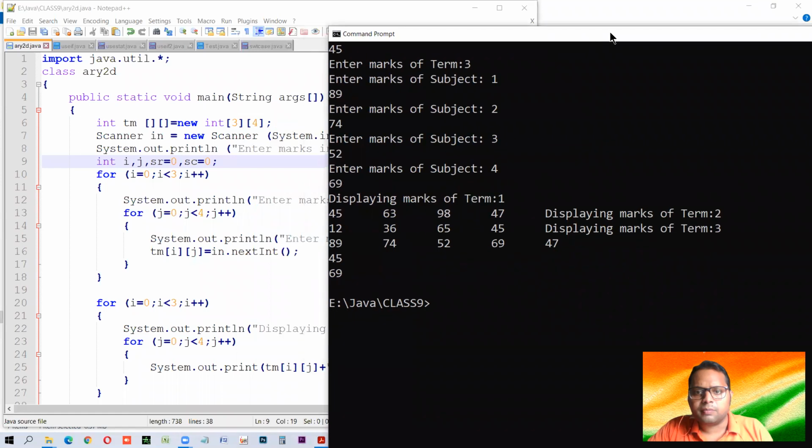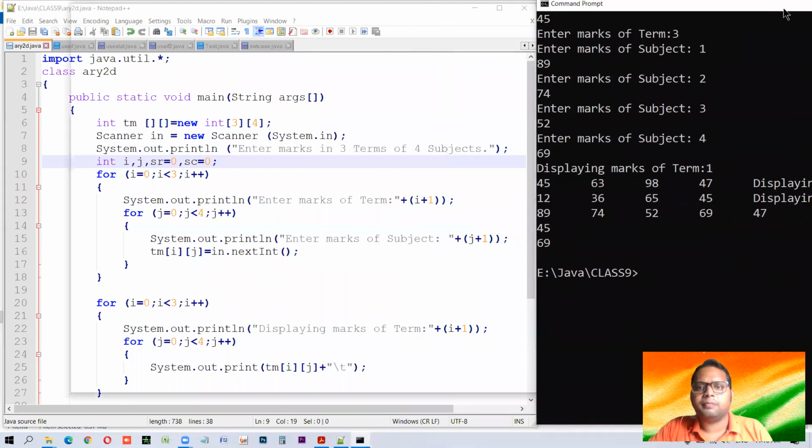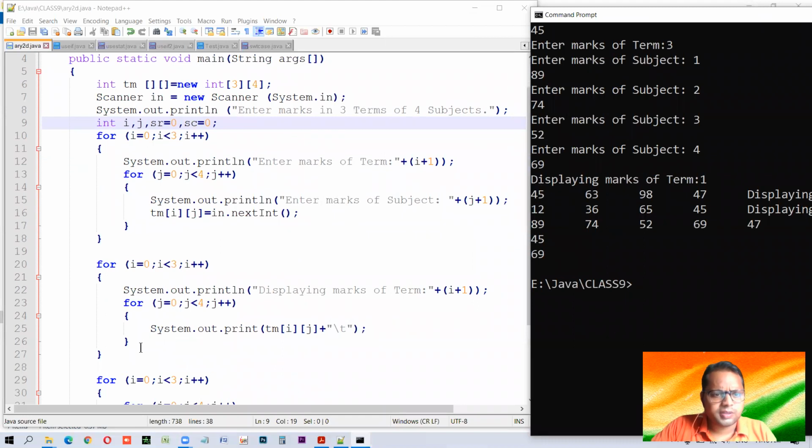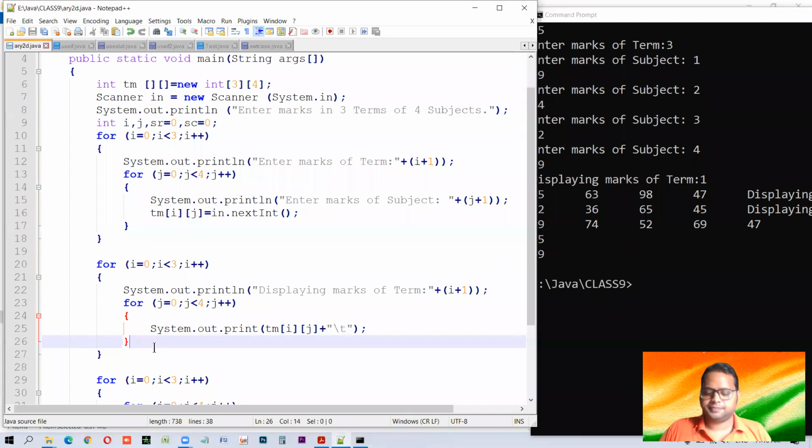Some problem. 69, 47, 40. Some modification needs to be done there. Oh, yes. This has not been outputted anywhere. Okay, no problem.